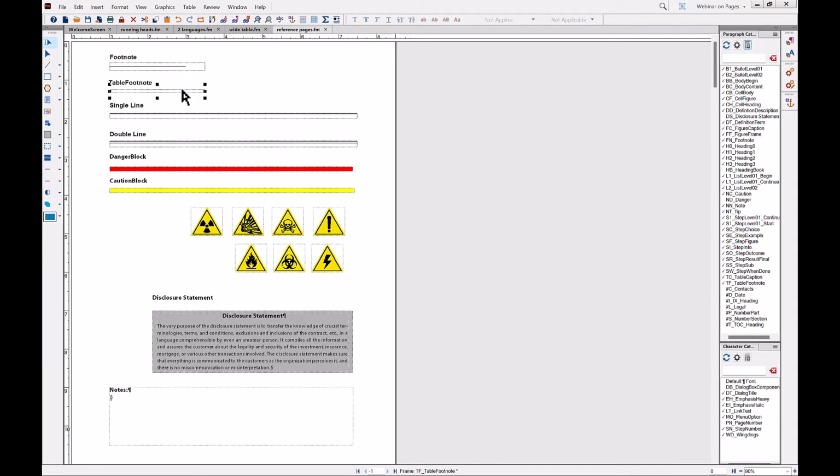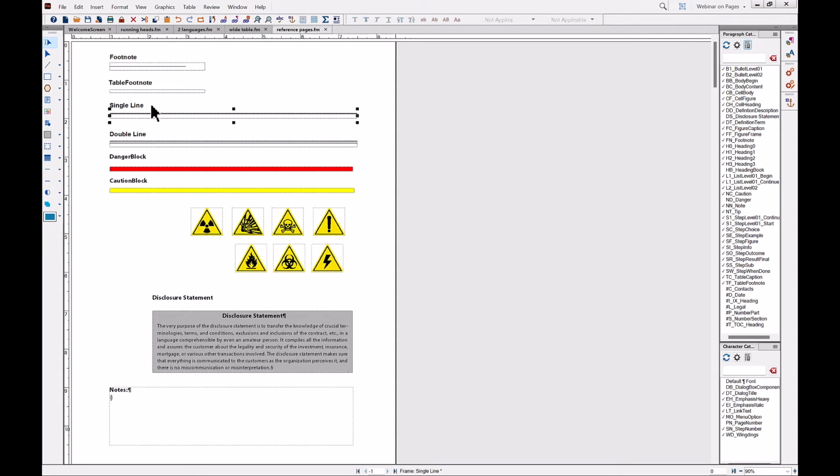And the second frame is going to control the space above the first table footnote in every single table. These 2 frames are applied by FrameMaker. We don't have to get involved. We can change what they look like, but we don't have to assign them. They're called named frames. There are some additional named frames on this page, and the next one I'm showing you